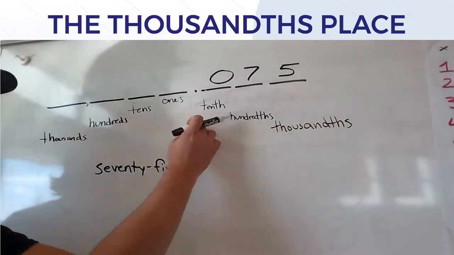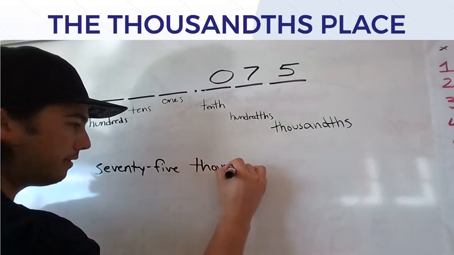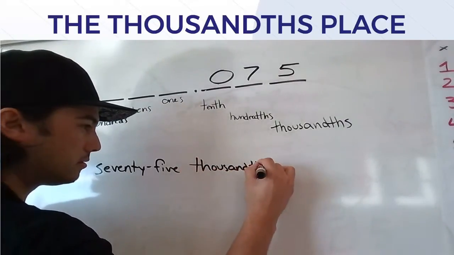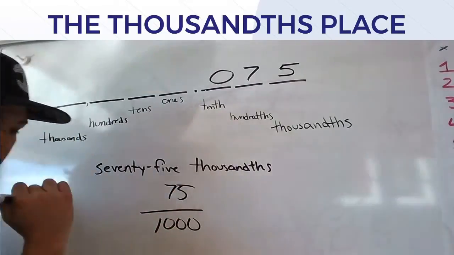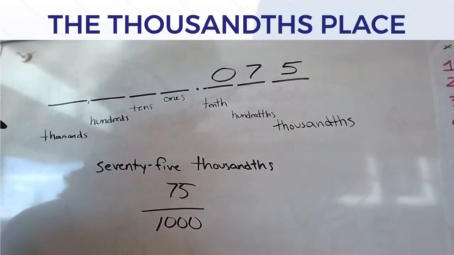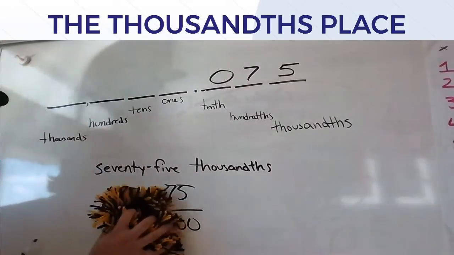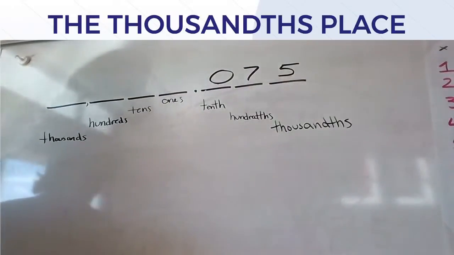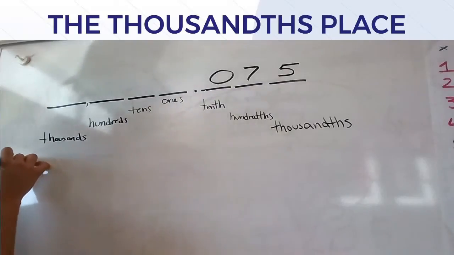And in this case, it gets all the way to the thousandths place, 75 thousandths. Or, in fraction form, 75 thousandths. Nice, good. So now I don't forget the th in there. Right? The difference between 75 thousandths and 75,000 is quite significant. Right? 75 thousandths is here. 75,000 would be